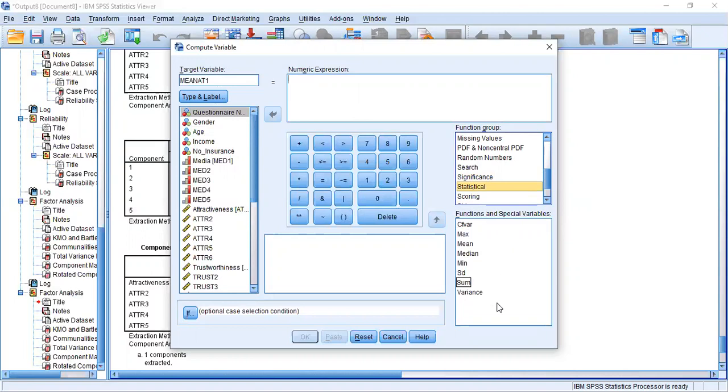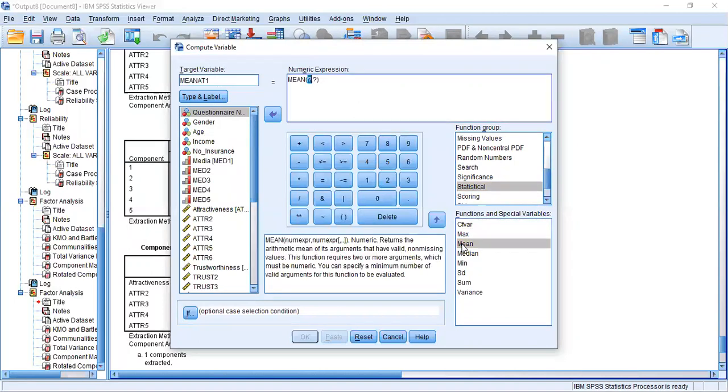Under that, in the bottom table, you can see mean. Once you double click it, it appears in your numeric expression box with 2 question marks. After removing those question marks, it is ready to include your items.